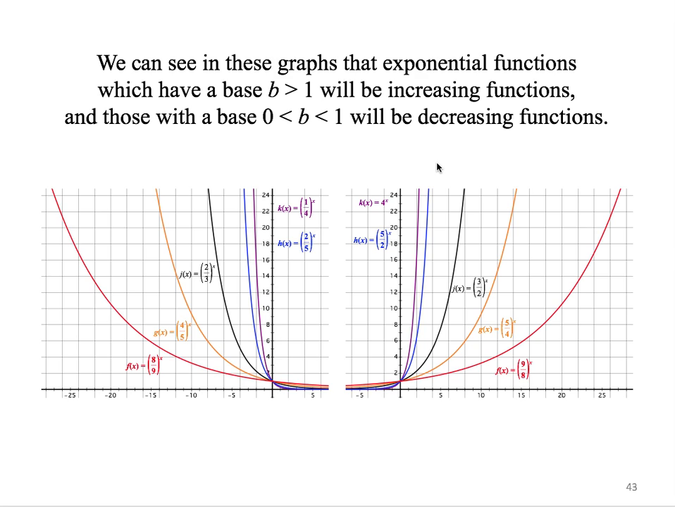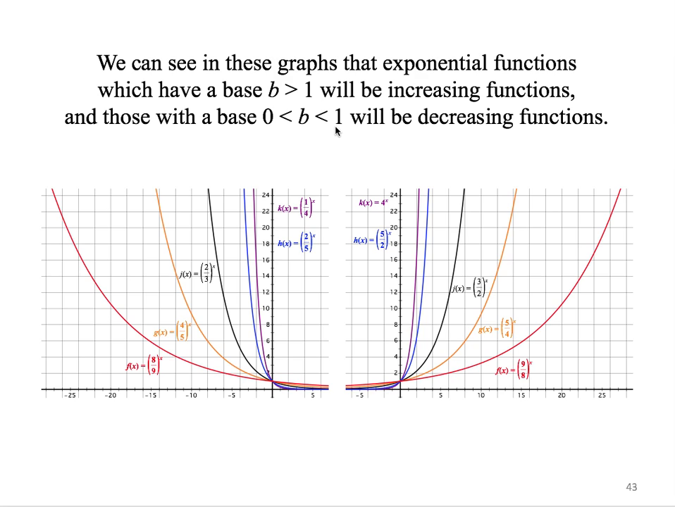properties of exponential functions. When the base of an exponential function is greater than 1, we'll have an increasing function, and we can see that with 9, 8, 5 fourths, 3 halves, 5 halves, and 4, the bigger the base, the faster the increase. Similarly, when the base is between 0 and 1, not equal to 1, not equal to